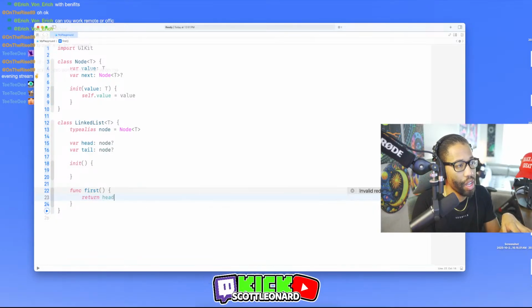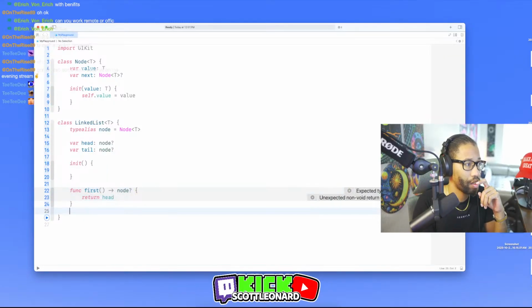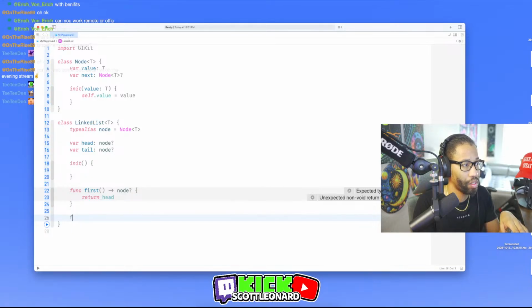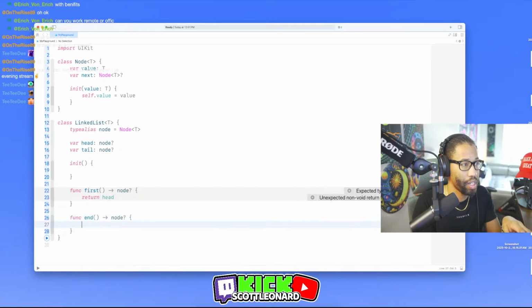So this is gonna return the head. And then func tail. Is gonna do what he did in that example. So he's gonna check and see.